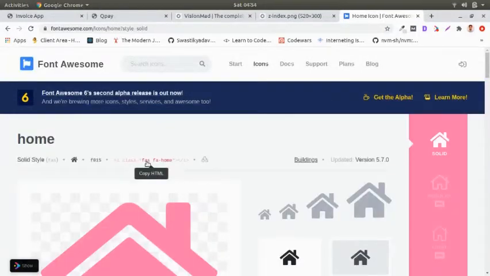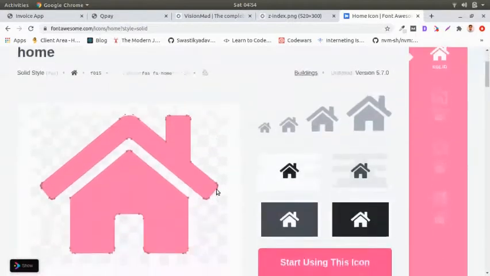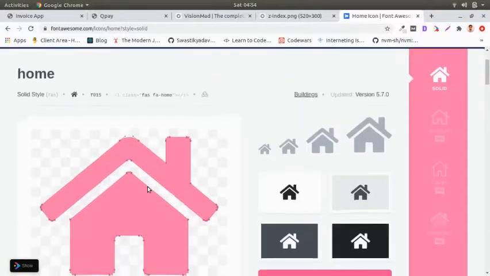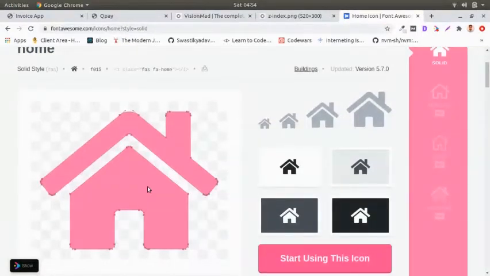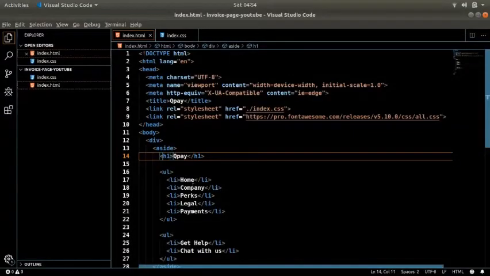Basically it's just text, right? It's all text. That's how they have made it. So we can use it as normal text, like we can set the font size over here, the font weight over here, and a lot of other things we can do, everything that you can do with normal text, right? So let's just get it over here.